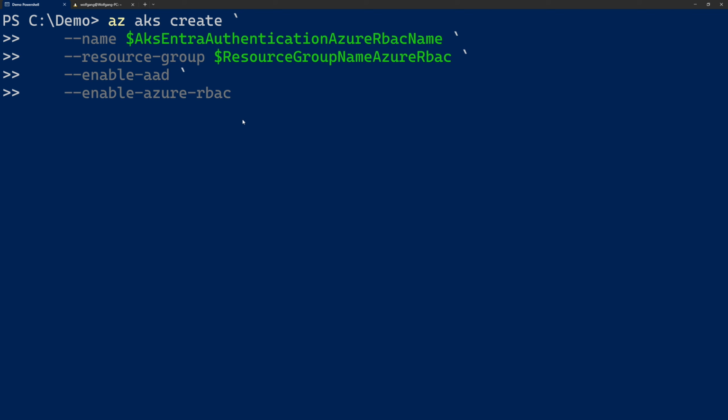And this has been renamed, I think, 2 years ago to Entra ID, but the CLI hasn't been updated yet. And you will also find in the documentation quite often still Azure Active Directory. So if you see this, just remember that this is called Entra ID now. Let's start the deployment, and it's going to take between 5 and 10 minutes, and then our cluster should be